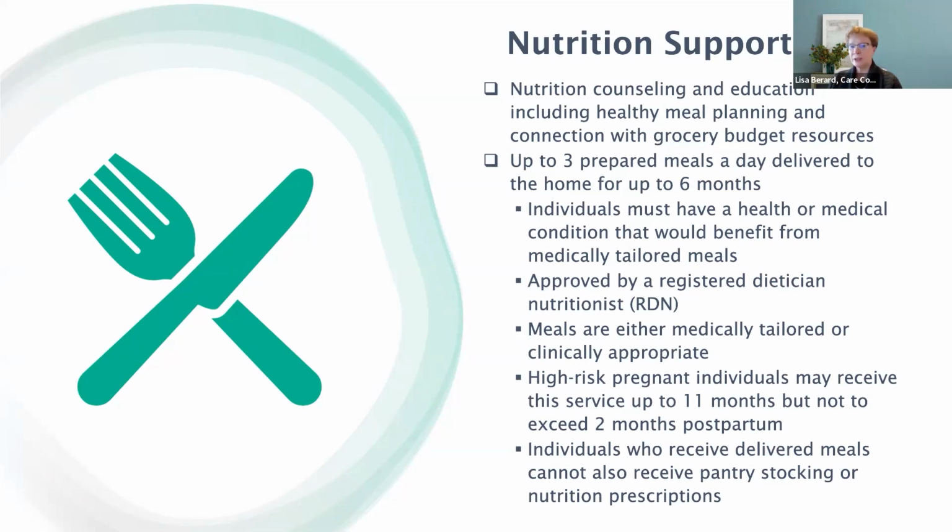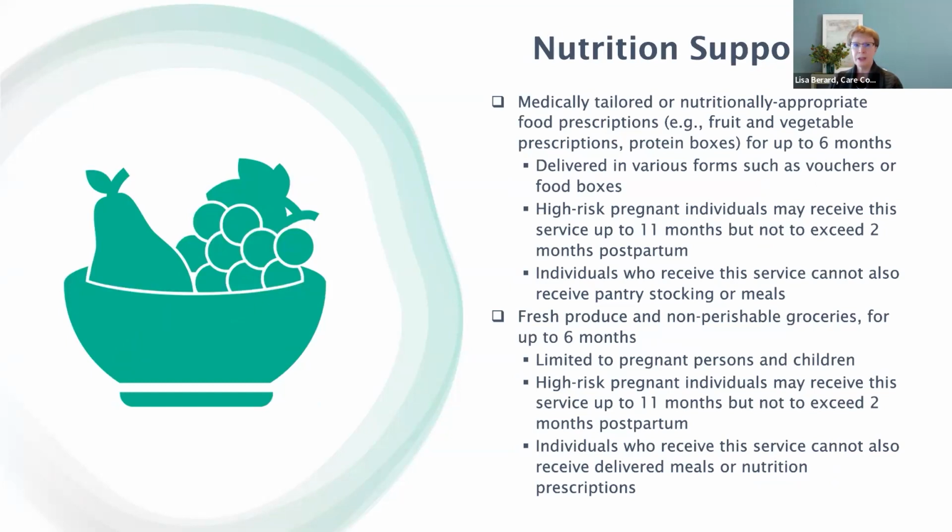And individuals receiving this service may not receive either of the next 2 services, which are pantry stocking or nutrition prescriptions. So medically tailored or nutritionally appropriate food prescriptions, food and vegetable prescriptions and protein boxes. These can be received for up to 6 months. They can be provided in a variety of forms. They can be delivered in food boxes or they can be vouchers. Again, high-risk pregnant individuals do have an extended time to receive the service of up to 11 months, not to exceed 2 months postpartum. And those receiving this service may not get delivered meals or the pantry stocking, which is